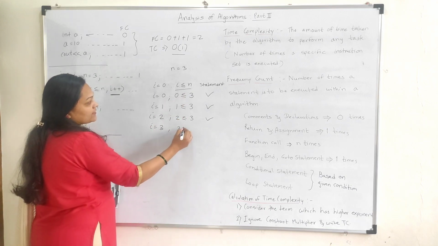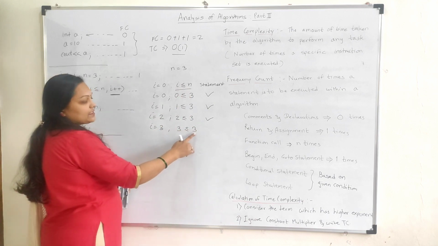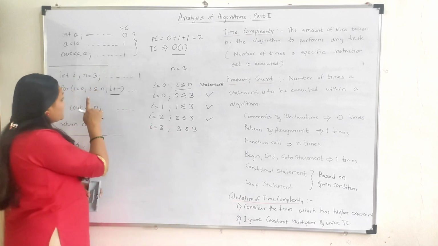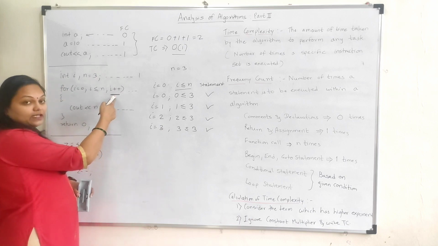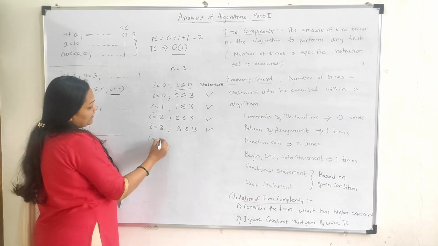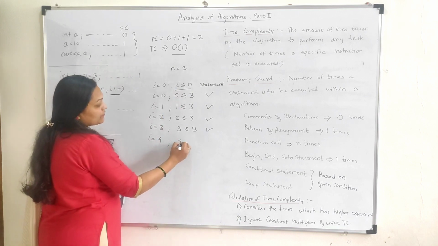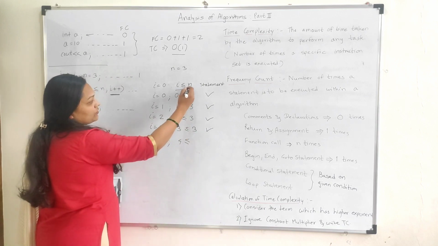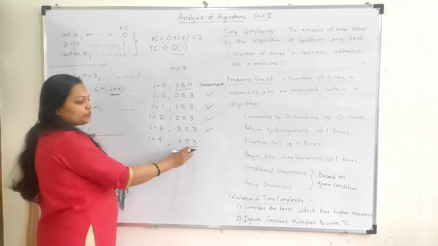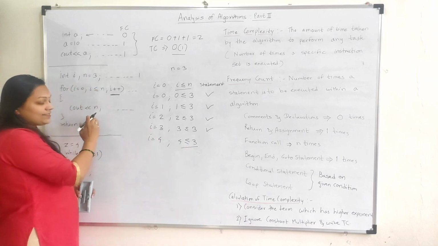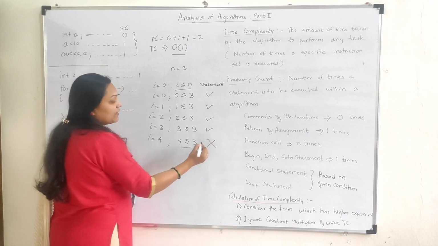Now the value of I is 3, the value of n is again 3. Is 3 less than or equal to 3? Yes, it is true. So again the statement will execute. The value of I will increment. So what is the value of I? The value of I is 4 right now, okay. So the value of I is 4, less than or equal to the value of n, which is 3. Is this true? No, it is not true. It is false. So it will not go inside of the for loop, okay, and it will not execute the